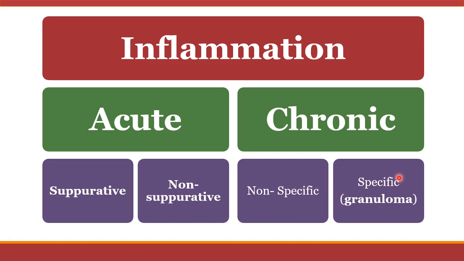Specific means that it shows certain morphological features related to certain organisms. So certain causes of chronic inflammation will cause a very unique picture. This is why it is specific to a certain etiology or cause. And some cases of chronic inflammation are non-specific, which means that it will be the same picture in all